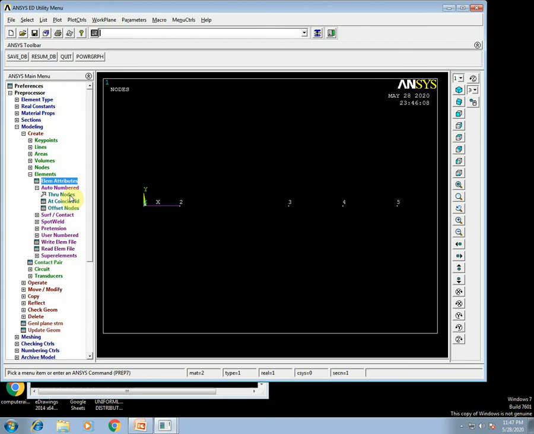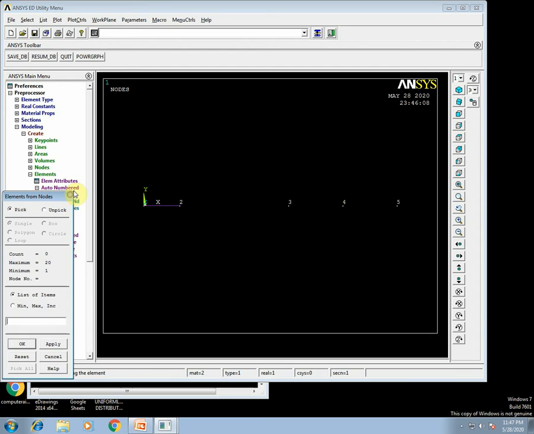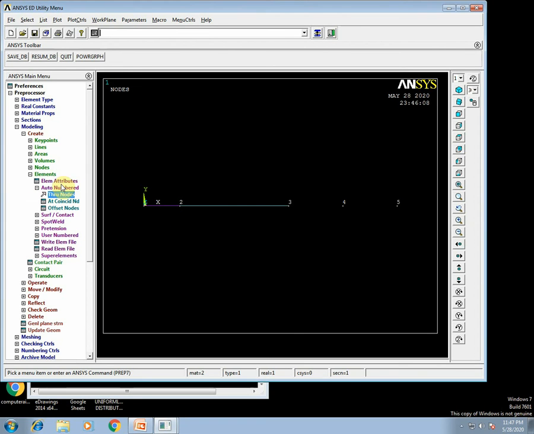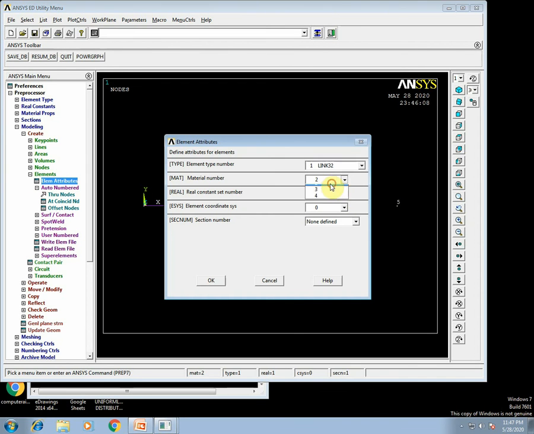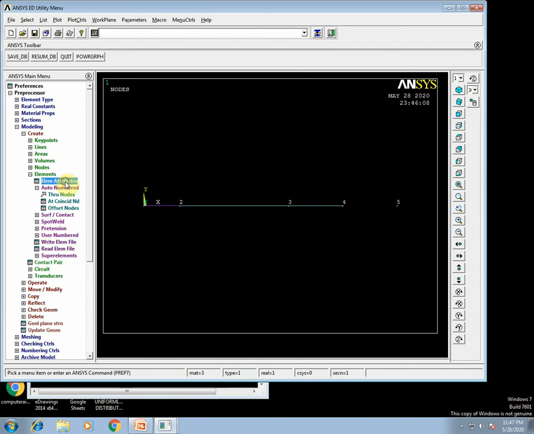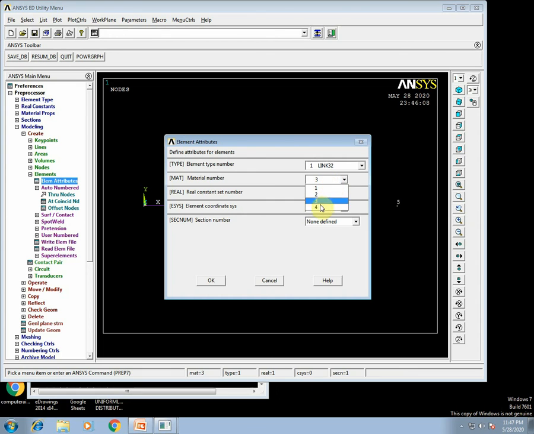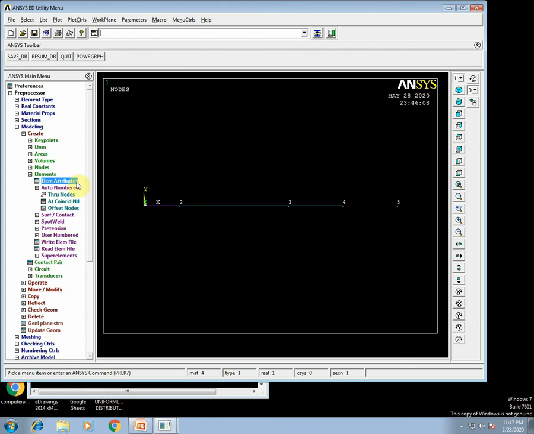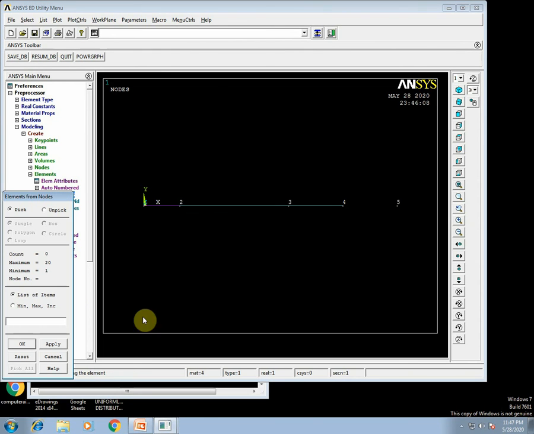I gave different temperature in the material models through node 2 to 3. Again, material model 3 to 4. Again I am changing this one, 4 through node 4 to 5.